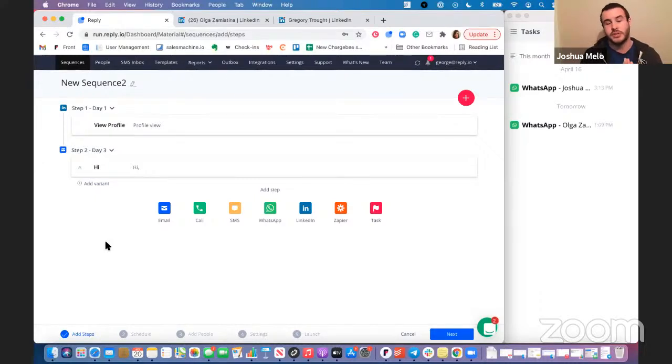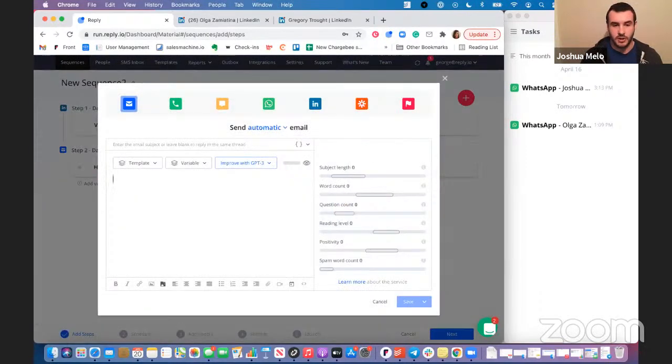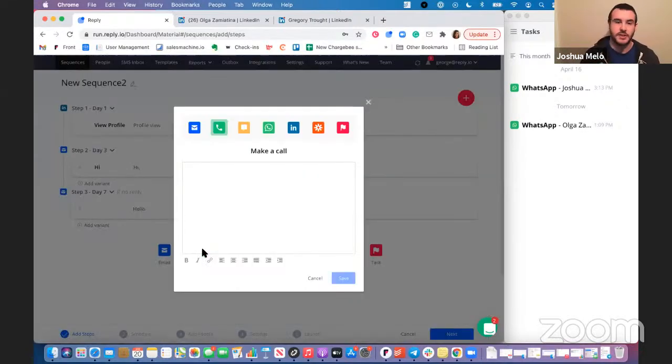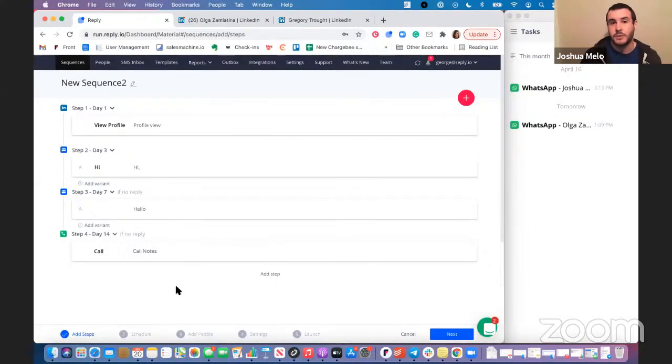Once you have a few email steps in your pocket, then you want to utilize things like your calls or SMS. And you want to base these more around perceived interest, as opposed to just placing them at an arbitrary point. If I put in a call step at step 4, for instance, and I go through my entire list and call every single one of them, even if they've never opened my messages, I'm spending a lot of time hitting people that aren't necessarily going to answer the phone or be interested at all, even if I do get them on the line.